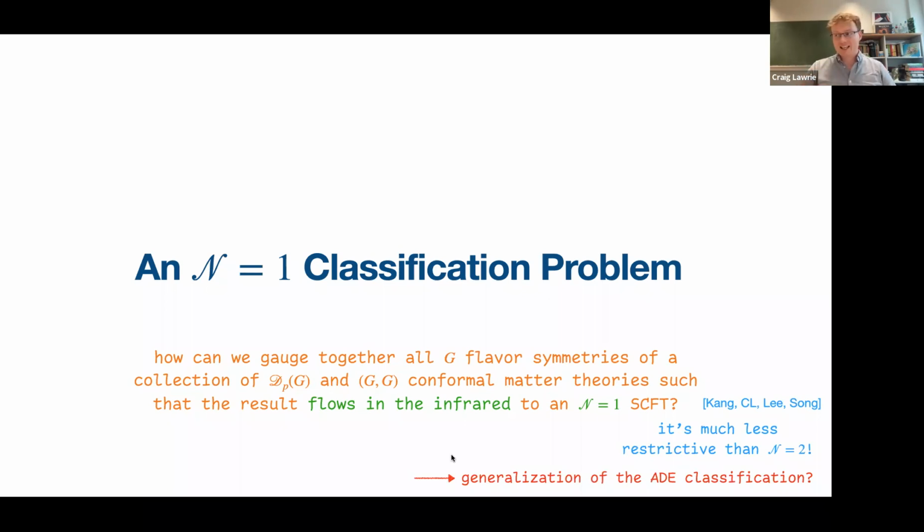And instead of just having nice ADE diagrams, you can have different ways of tiling the plane with gauge nodes and so on. So it gets rather more complicated. As this is some kind of generalization of the ADE classification, is it something which is known? Is it something which is interesting, independent of this kind of problem? Those are questions that we were thinking about when writing this paper. But today I will not talk about the n equals 1 problem and the interest there. I'll just invite you to read the paper.